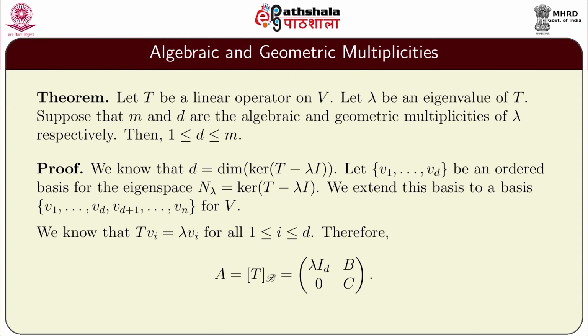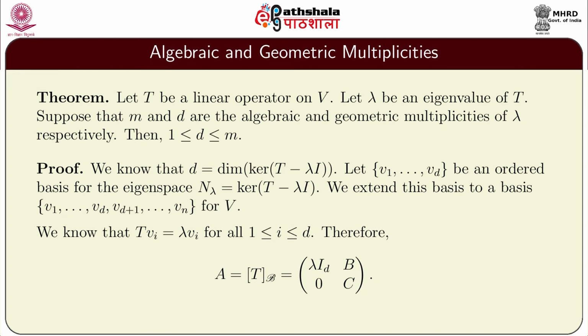It says that if T is a linear operator on V, V is finite dimensional and lambda is an eigenvalue of T with algebraic and geometric multiplicities m and d respectively, then d is at least 1 and at most m, that is 1 less than or equal to d less than or equal to m. Proof: